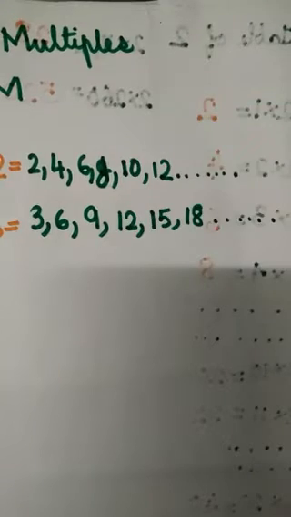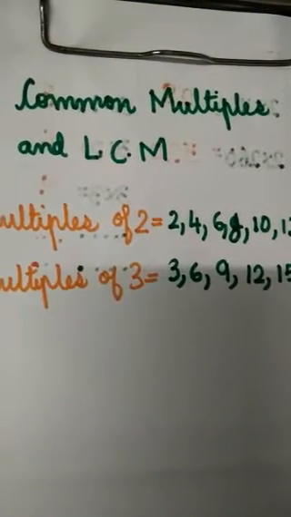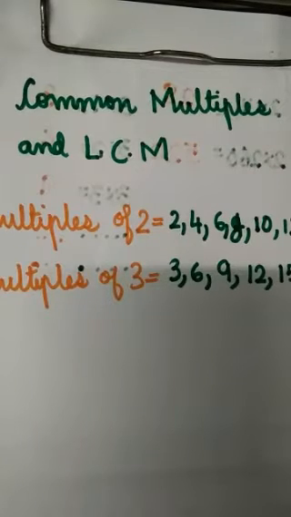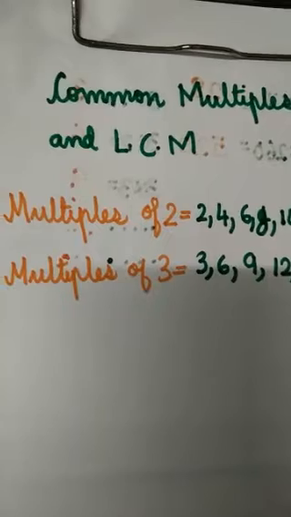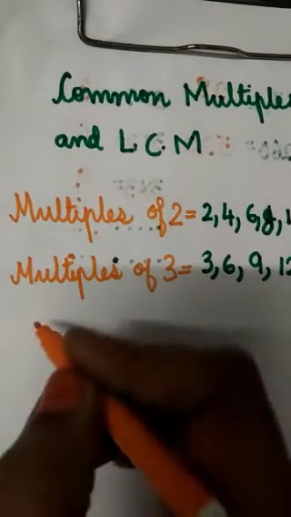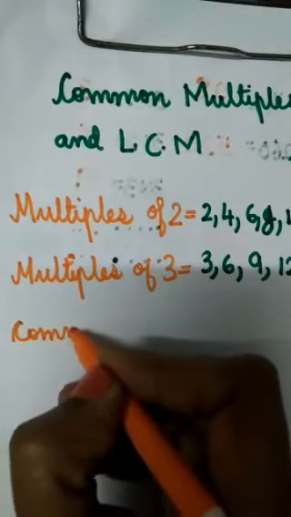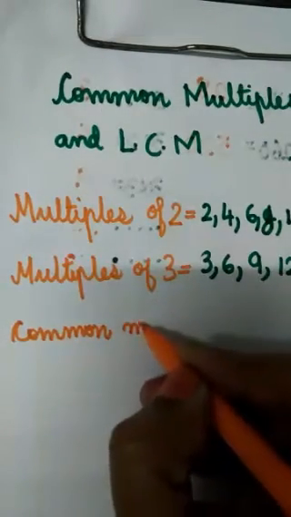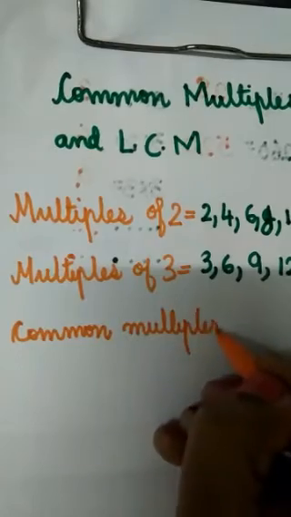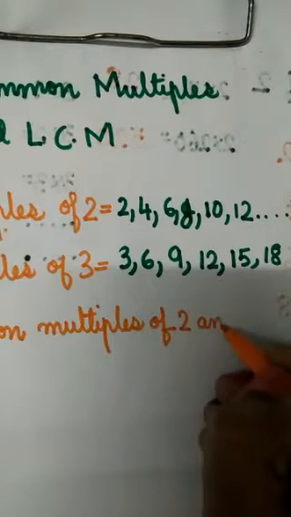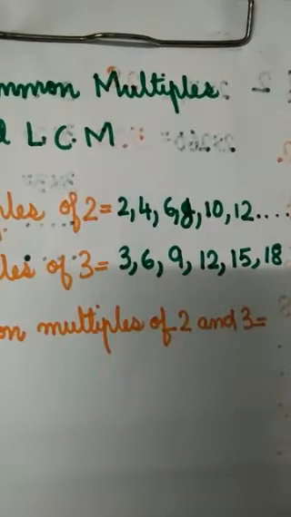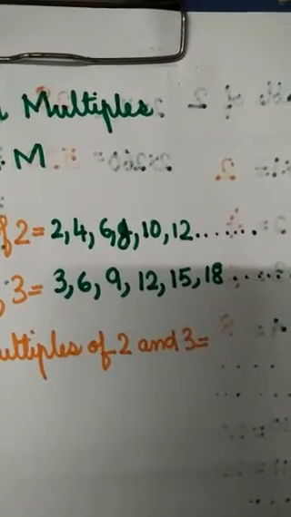Now, children, today our topic is common multiples. Okay, so not just multiples, common multiples. So now I have written the multiples of 2 and the multiples of 3. I have to find common multiples of 2 and 3. Common multiples. Common मतलब क्या? जो दोनों में हो. Now I will have to see कि दोनों में ऐसे कौन मल्टीपल्स हैं जो दोनों में है. So let me find out.